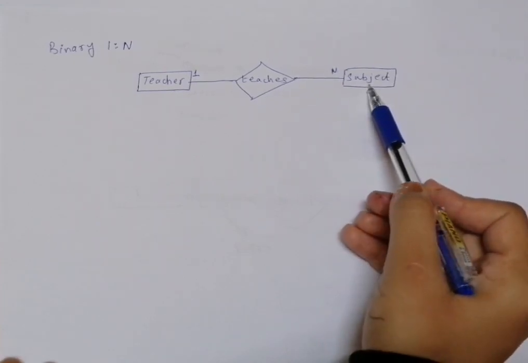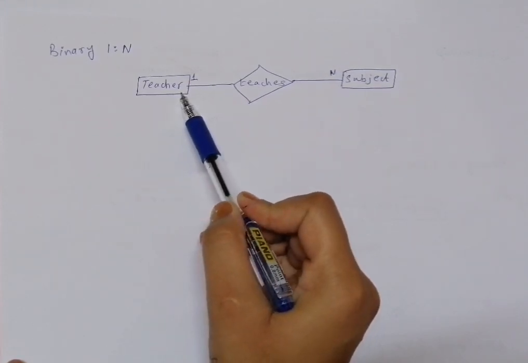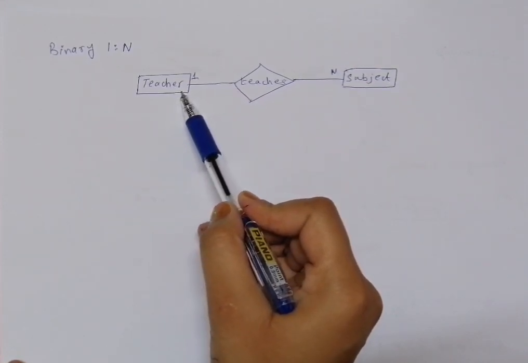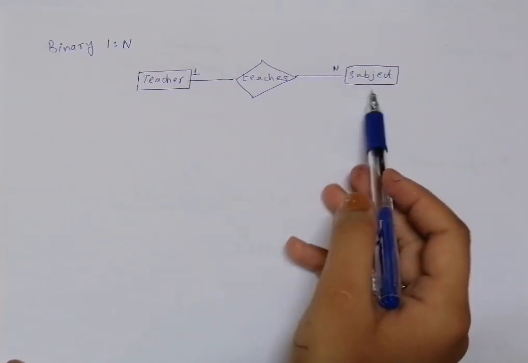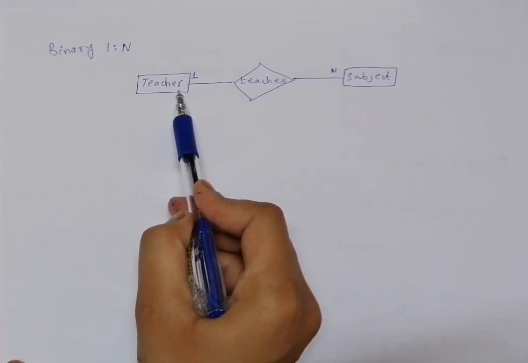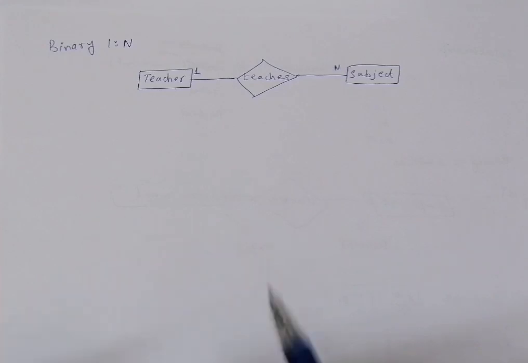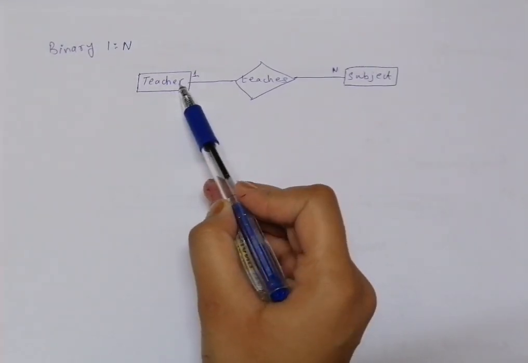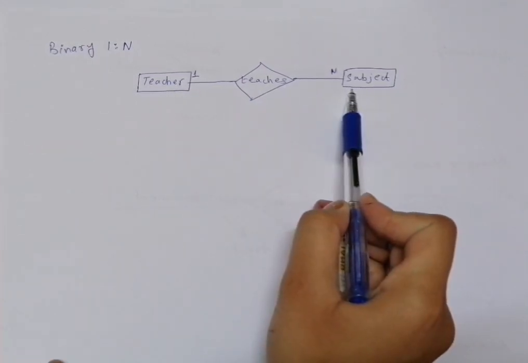Whereas if we try to take subject id and write it in front of the teacher, let's say a teacher is teaching 4 subjects at one particular time, then how do you add 4 different subject ids in front of one single row? That is not possible. Whenever we encounter multi-valued attributes, we cannot write them in one particular table, so we may encounter problems. So the rule specifies that the primary key of the one side of the relationship will become the foreign key at the other side.